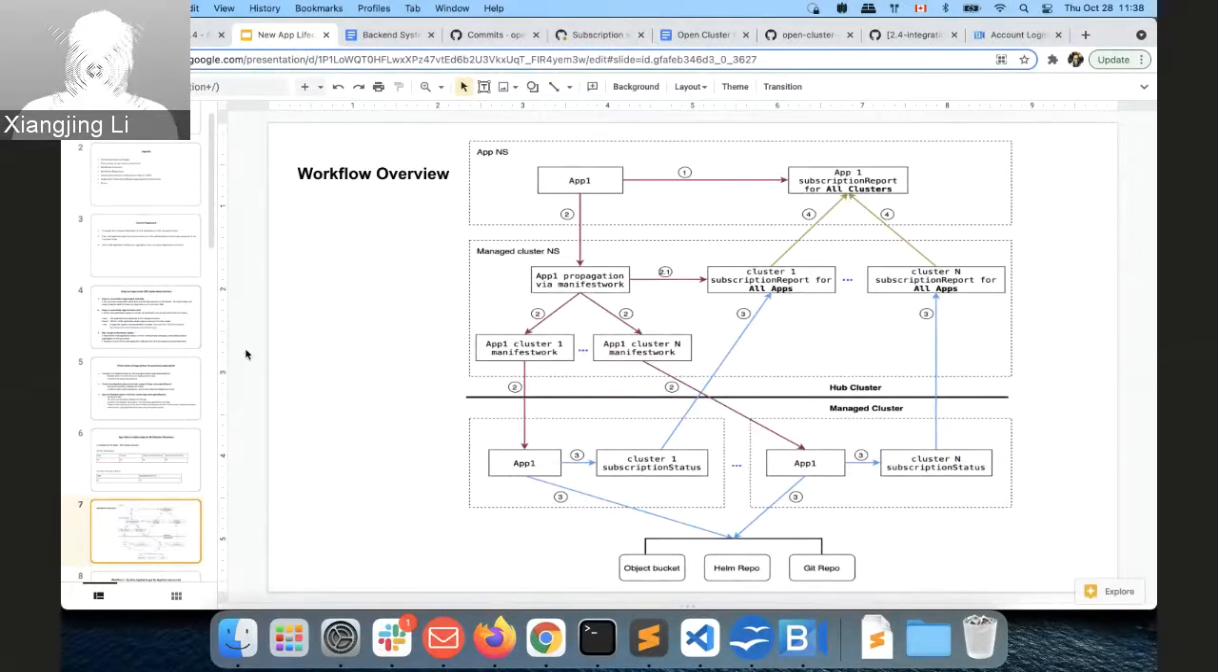Okay, so now we can see this is the workflow to demonstrate how an app is propagated to the managed cluster, and then finally their status is calculated back to the hub. So we can take a quick look at this overview. Here, the first workflow is the dry run, where we will connect the Git repo, Helm repo, or object bucket to get the resource list, and then we initialize the subscription report. So this is the cluster level